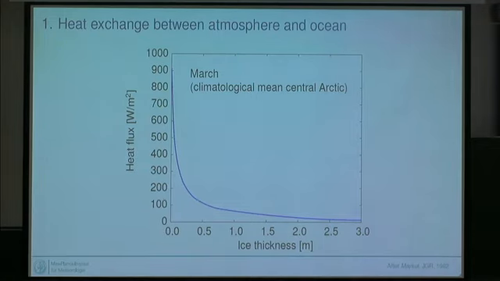So if we first look at the heat exchange between the ocean and the atmosphere, this is from an old paper by Gary Maykut, 1982, simply showing for the central Arctic how for different ice thicknesses you get changes in the heat exchange between the ocean and the atmosphere of about 3 orders of magnitude, between almost 0 and 1,000 watts per square meter. And so sea ice is really, really good in limiting the heat exchange between the ocean and the atmosphere. And that is one of the things that is quite crucial in our model,